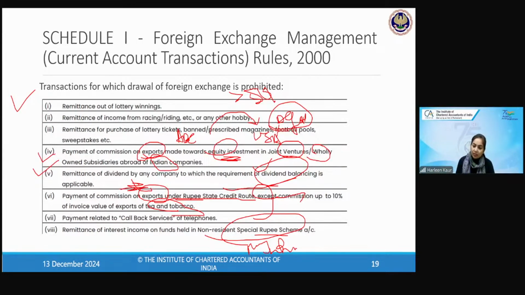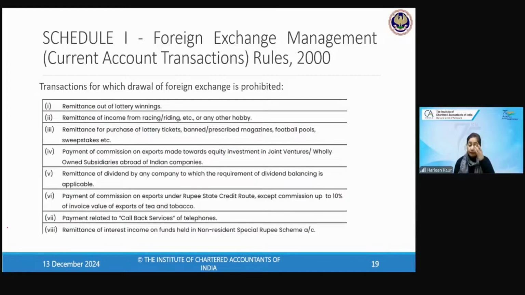Now, when he is going back outside India, whatever savings he has in this account, he wants to take outside India. Say, for example, he has kept savings of 1 lakh rupees in this bank account. While he is taking these savings outside India, will he get the interest income on such savings? Law says if you are getting any interest income, you cannot take it outside India from the Non-Resident Special Rupee Scheme account. So no interest income will be given. It is strictly prohibited to take any interest income outside India when you have kept your money in the Non-Resident Special Rupee Scheme account. Is that clear, children? All of you?